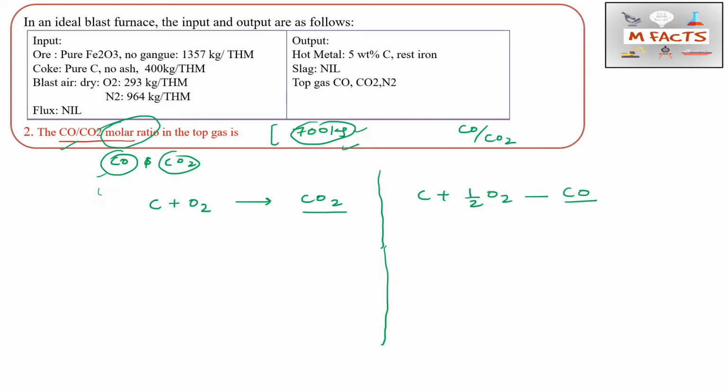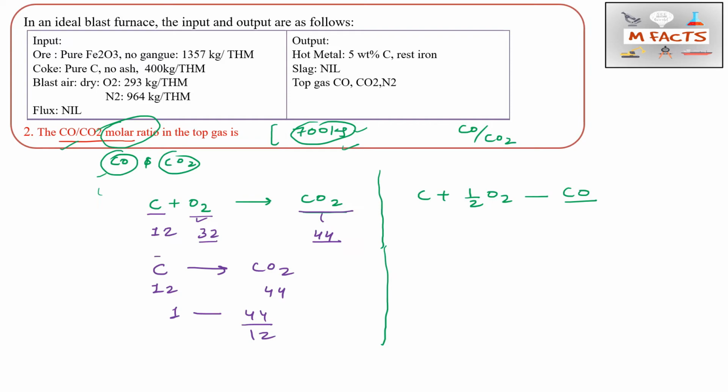See how to approach this type of question. Because of the assumptions, this question is much easier. This is one carbon and this is one oxygen, which is producing one carbon dioxide gas. So how can we read this? 12 grams of carbon will react with 32 grams of oxygen, and this will produce 44 of CO2. So we can say 12 C will produce 44 CO2, so one carbon will produce 44 by 12.